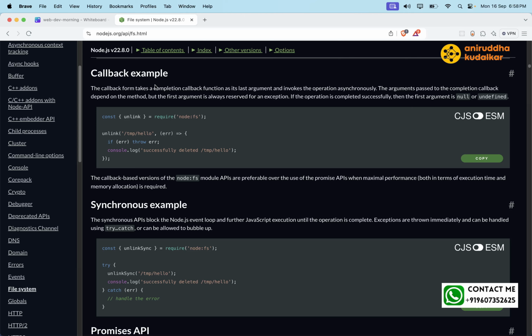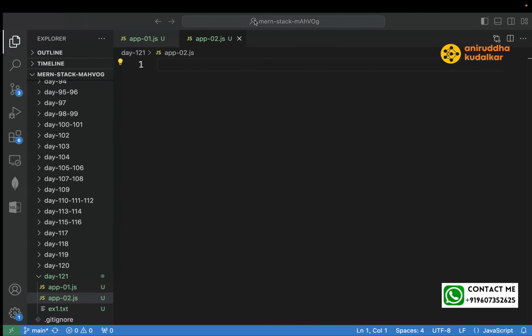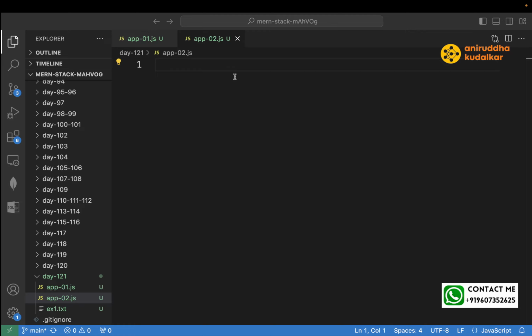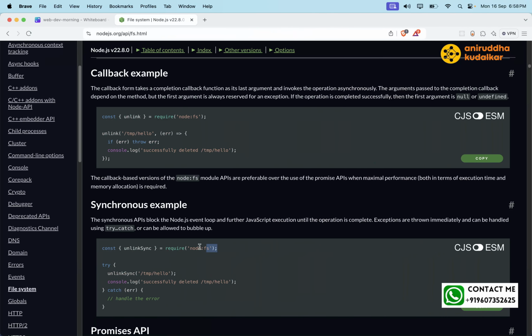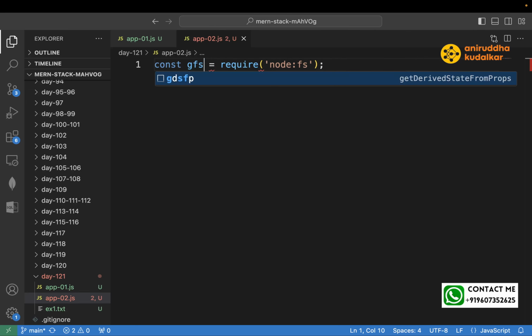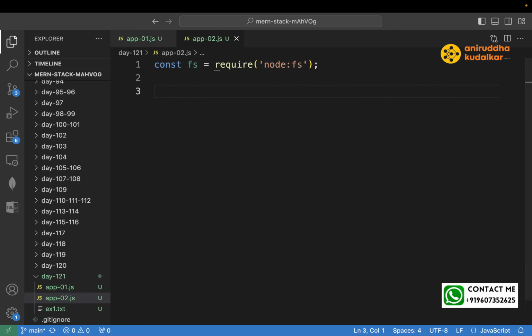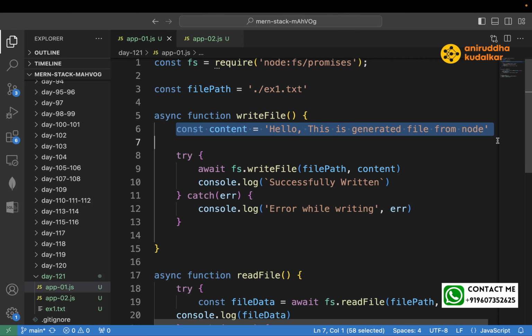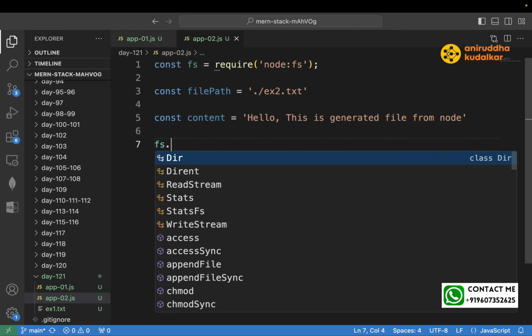So first we need to import fs. Here we can say, then file path again, const file path ext2.txt, content. So fs dot